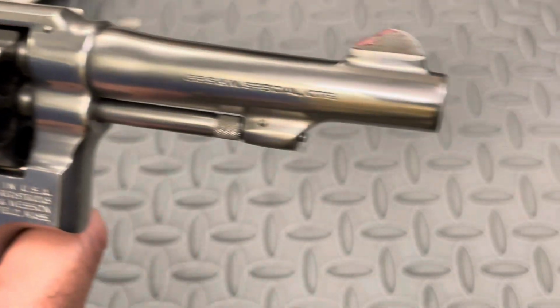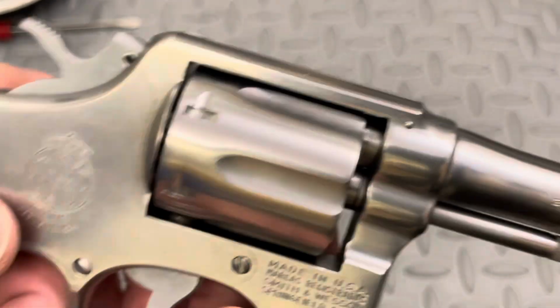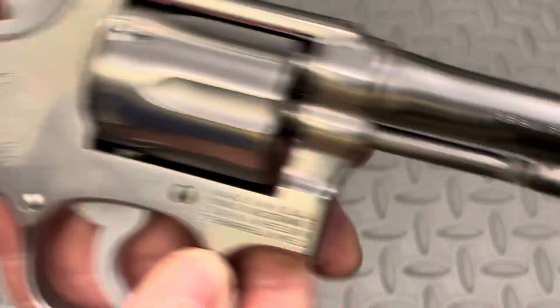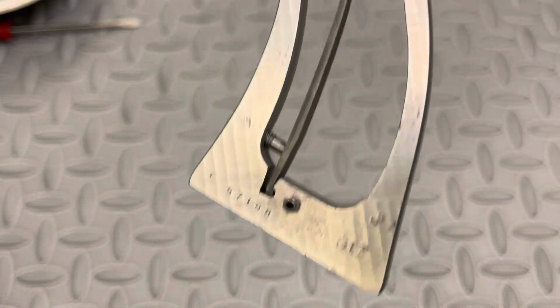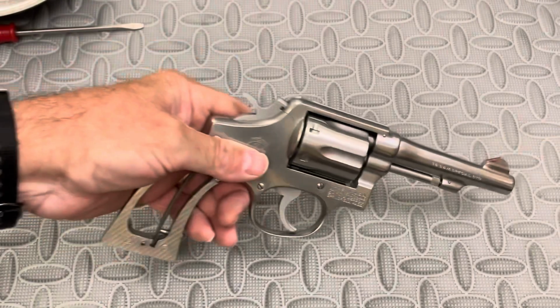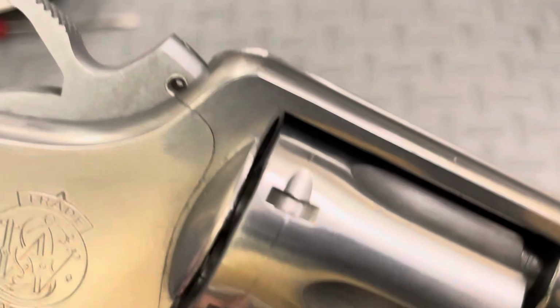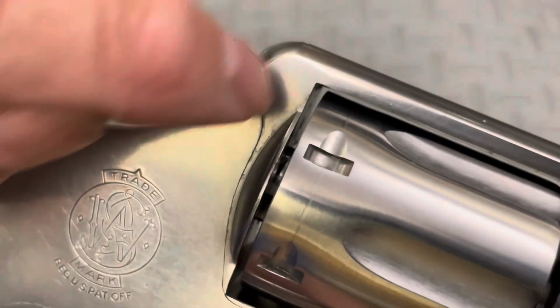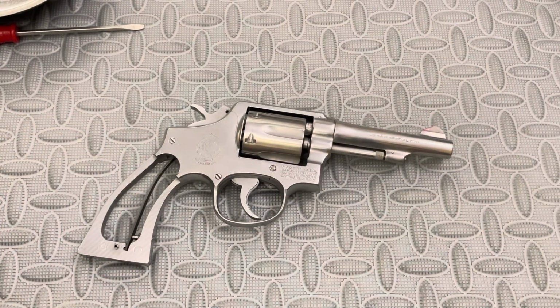But for being more than a half century old, yeah, I love the homemade paint there. It is not scuffed much at all. That's one of the nice things about stainless. It hides a bunch of things you would see on a blue gun. But for a gun that's over a half a century old, has had at least 4 owners, it's in good shape. I haven't even cleaned it yet. You can see it's kind of, well, it doesn't show up great on camera, but it's kind of gunky right in there. But I'll get him cleaned up, get him tried out,